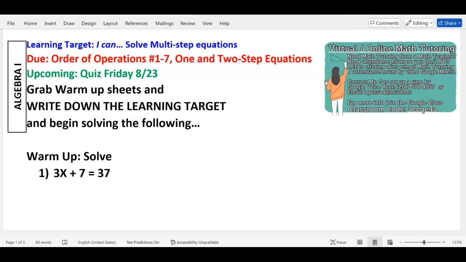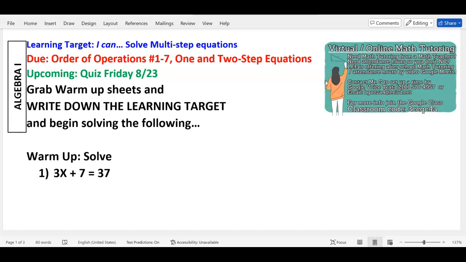So y'all know every day we're doing warm-ups from now on, so make sure you do that as soon as you walk in, write down the blue line, learning target, the objective, and then try the warm-up on your own. Hopefully you've already tried the warm-up on your own, but